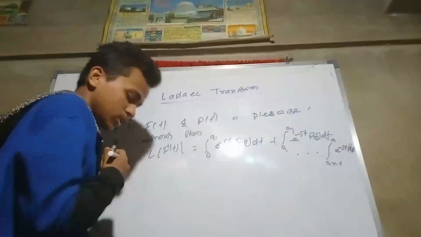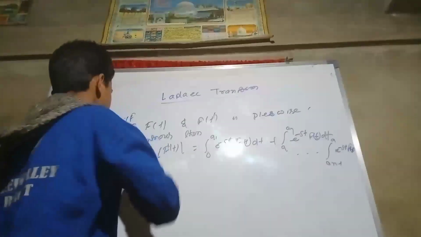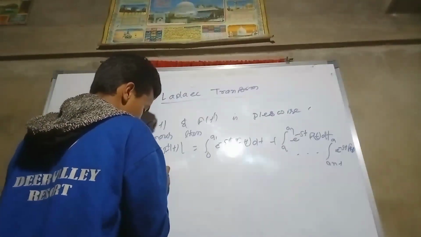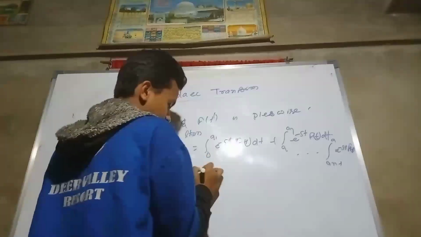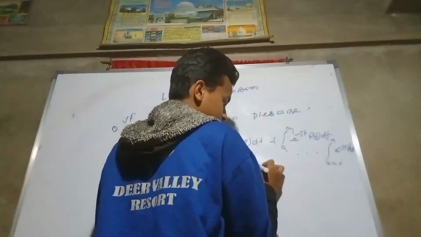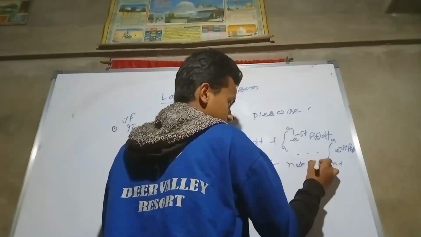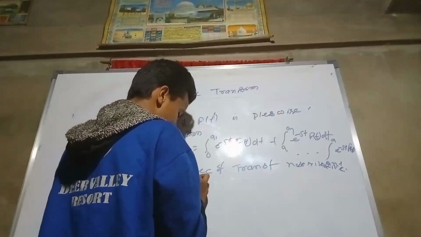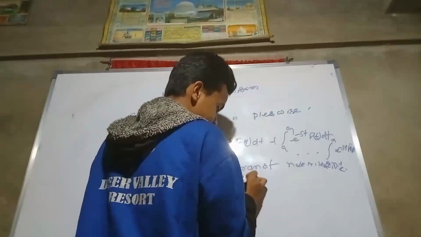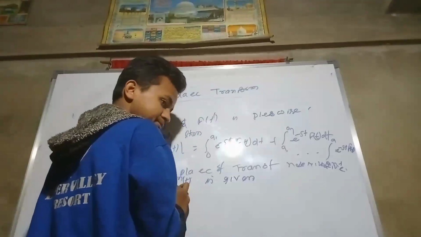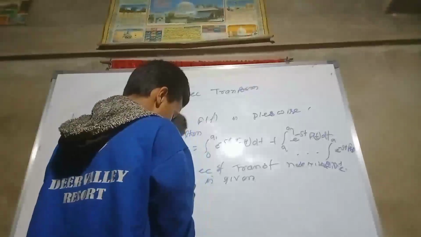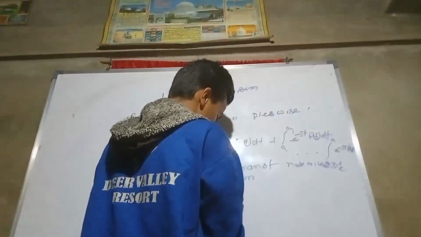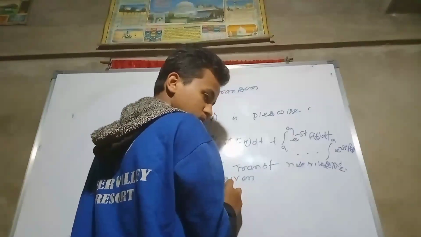You can prove it easily. There is nothing I have to show you. Now next, I am writing down the Laplace transform of the nth derivative of a function f^(n)(t). It is given by the Laplace transform of f^(n)(t) equal to s^n F(s), the Laplace transform of f(t)